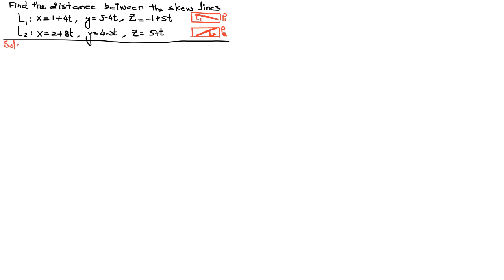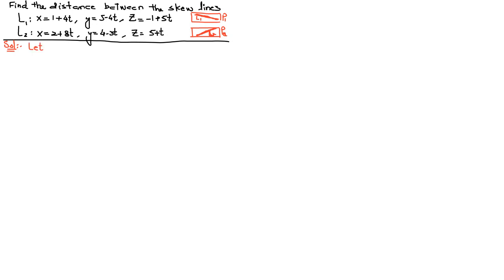There is a method: first you need a point. When you have a point, you can easily find the vector and the point from the parametric equations. When you have vectors and take the cross product, you get the normal vector. From the normal vector, you can find the plane, and from the plane you can find the distance. So these are the few steps. Okay, so how can we find the point?